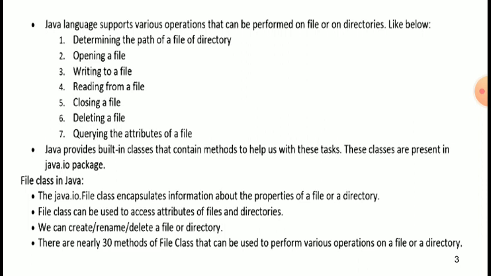The File class can be used to access attributes of files and directories. We can create, rename, delete a file or a directory. There are nearly 30 methods of the File class that can be used to perform various operations on a file or a directory.